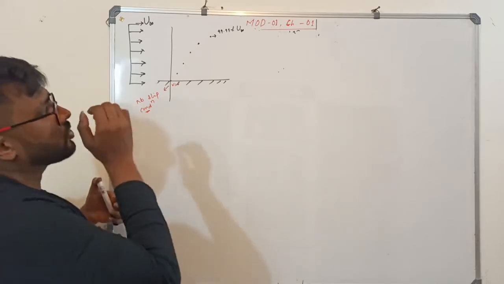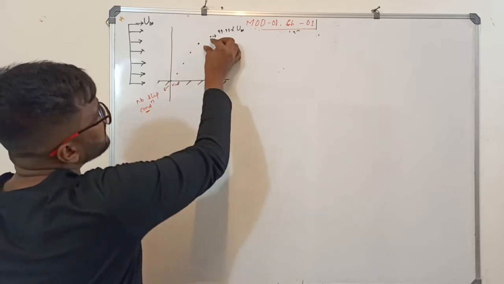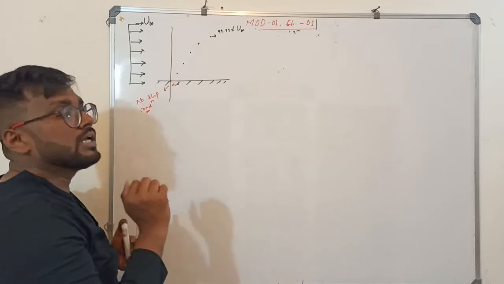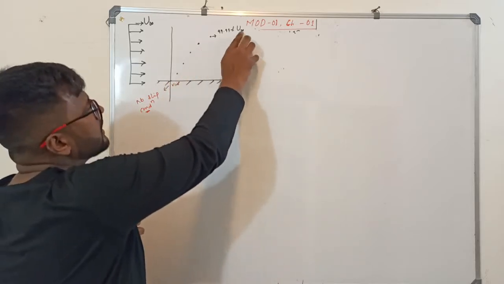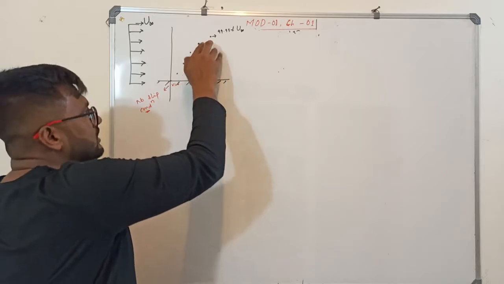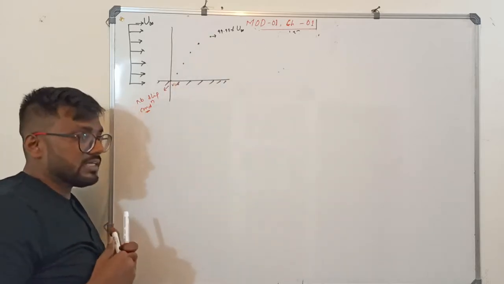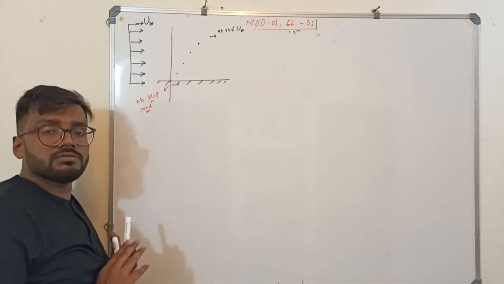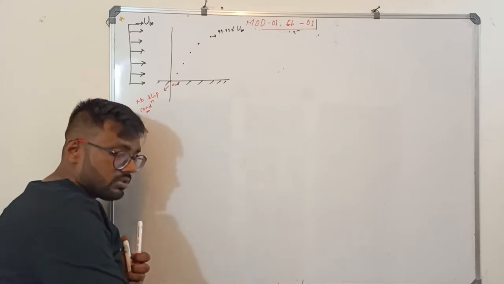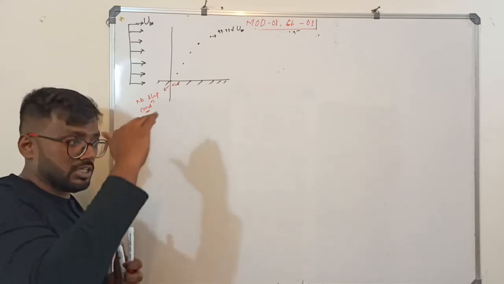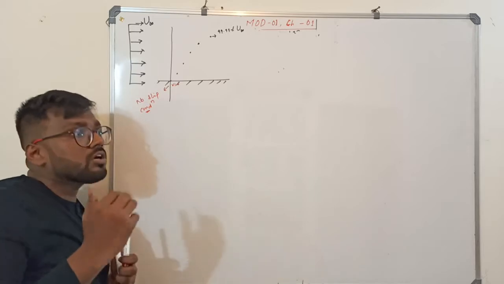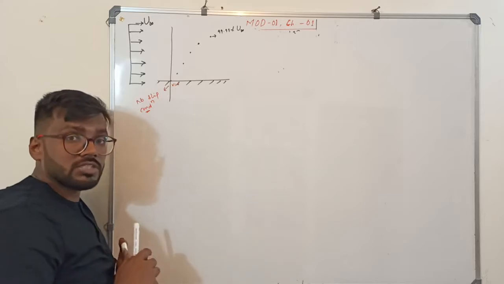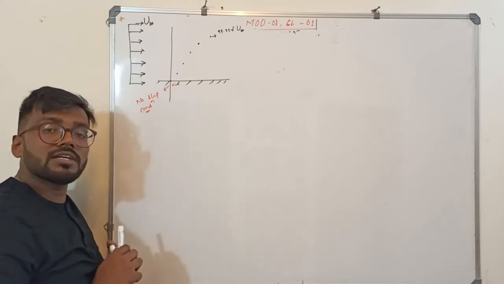Now you understood. So what we come to know from this is, sir, there is a difference in velocity. Yes, it is. See, this one's velocity is, suppose, 99% of the free stream velocity. The velocity below that is less than that. Sir, is it correct? 101% correct. There is a velocity difference. As you go down, there is a change in velocity with respect to the depth. That is what we call velocity gradient: the change in velocity with respect to the change in depth.